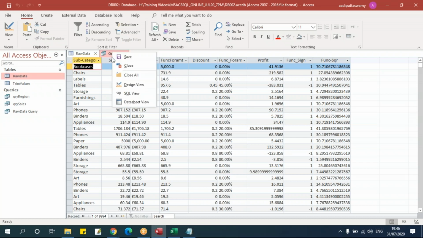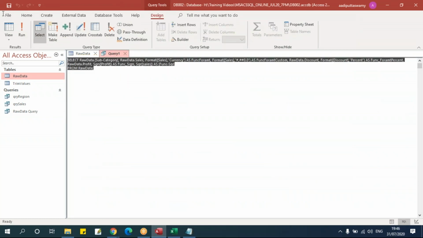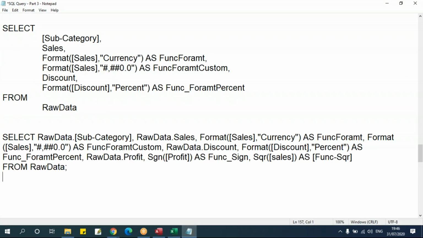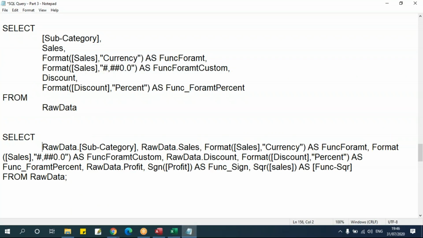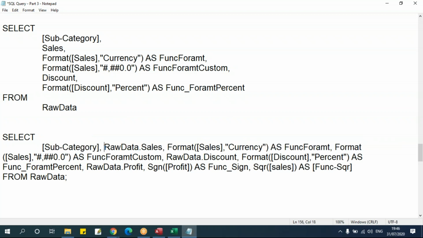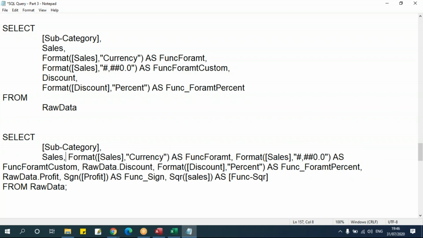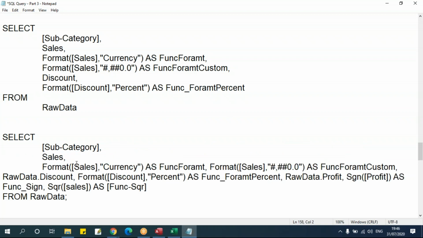Let's copy this, put it in queries. Category, sales, and we have the format for currency. I think we have used it here only, right?